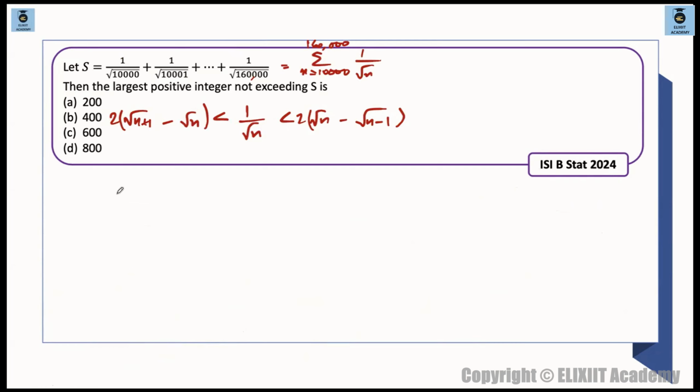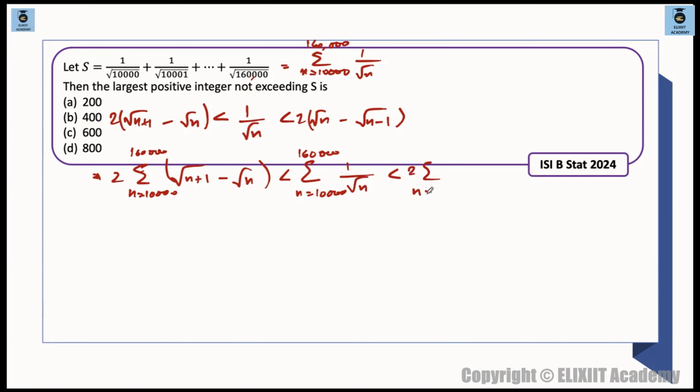And we will solve this thing. Once you take the summation over here, this will become 2 times, 2 is just a constant, so we can simply keep this outside. Summation goes from n equal to 10,000 to 1,60,000 of root of n plus 1 minus root of n, less than, similarly, summation n equal to 10,000 to 1,60,000 of 1 by square root of n, less than 2